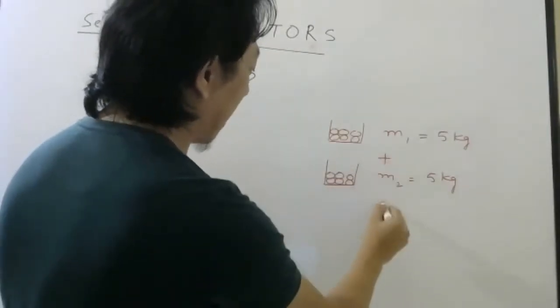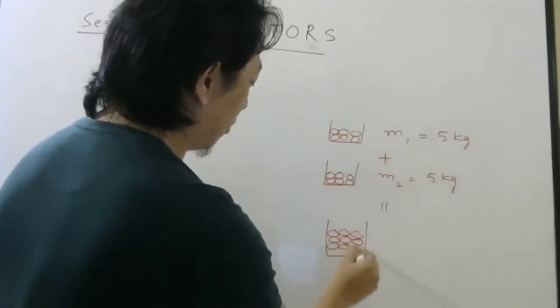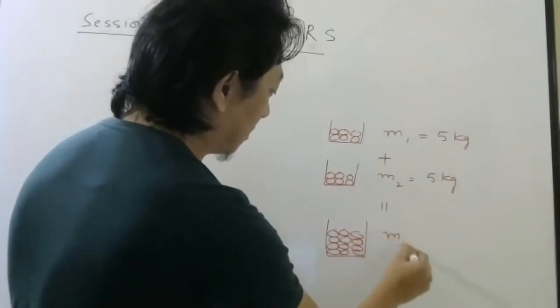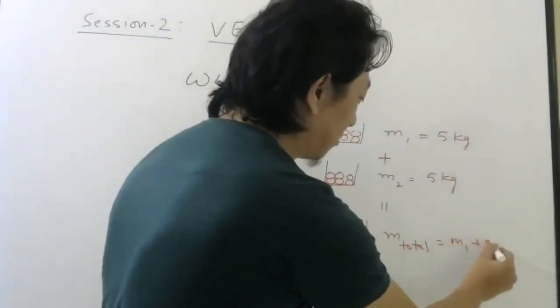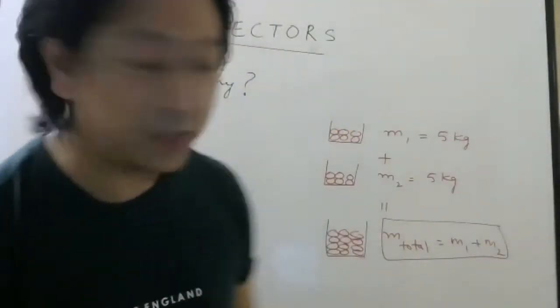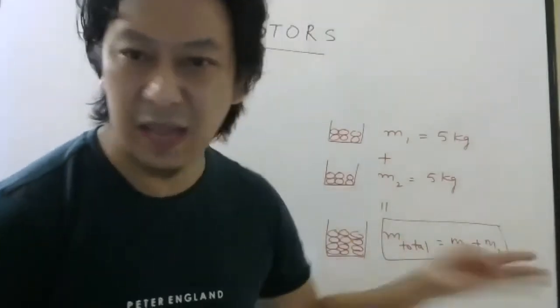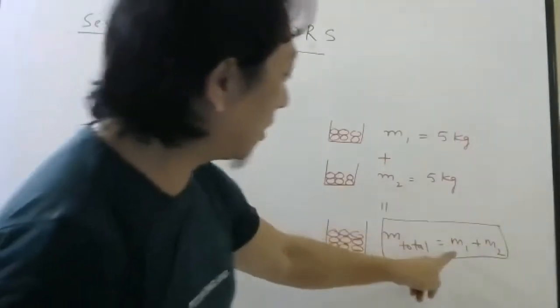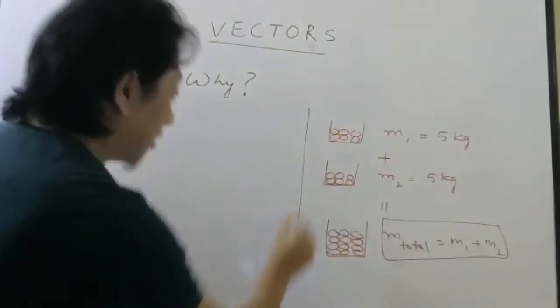Now if I put everything here, if I add these two, then without wasting time, you all know what the total mass of these potatoes will be. 10 kg, that is M1 plus M2. So certain quantities in nature, like mass, add normally like this, like you have learned in school days. Put 5 kg here, 5 kg here, and that will be your 10 kg, right? Now, there are some other quantities in nature.